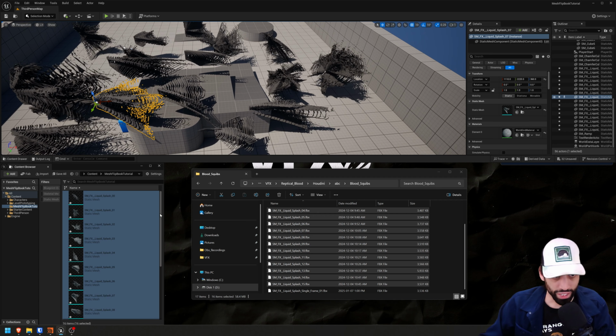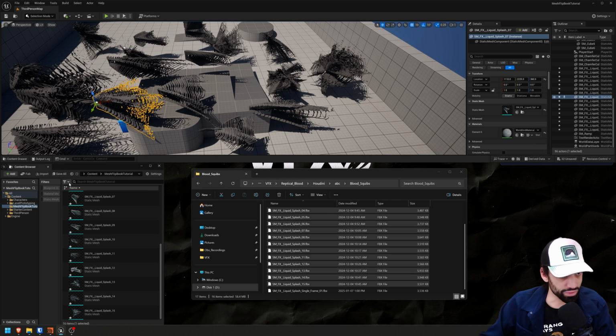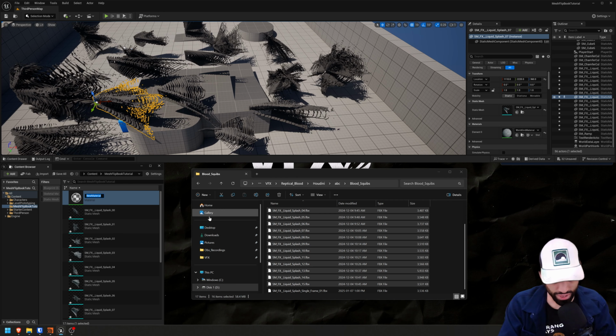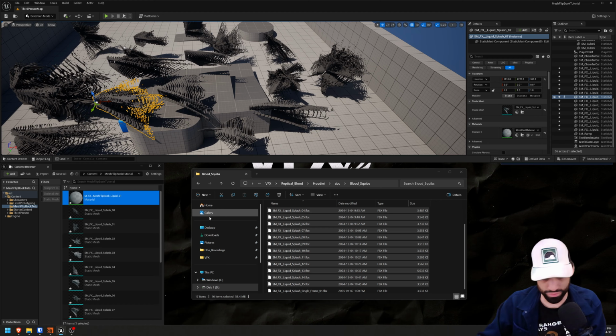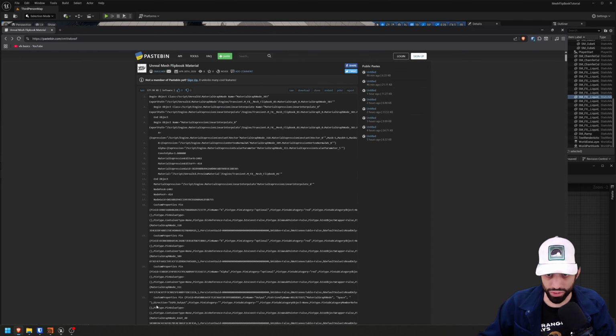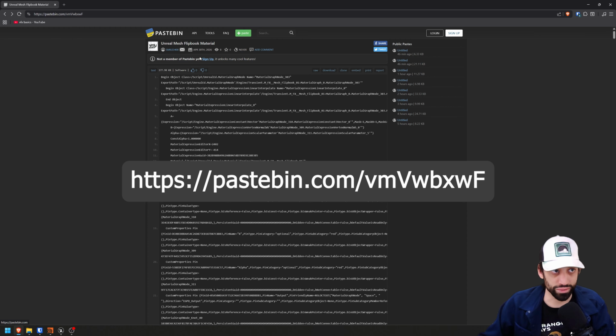Cool. Now that I have all of that, let's just create a material. Add material. I don't know, let's call it m_fx__mesh flipbook liquid 01. Cool. Press enter, and then the only thing you have to do is go here in the pastebin URL that